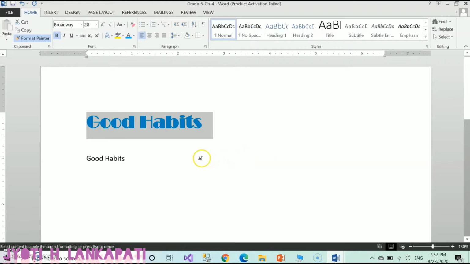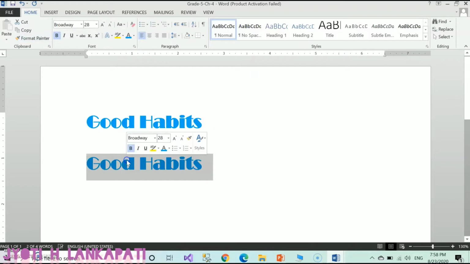Now, click and hold the mouse over the text whose formatting has to be copied. So from the starting, just hold with the help of the mouse. See, release the mouse button over the target text. The formatting attributes of the previous text will be applied to the new text.